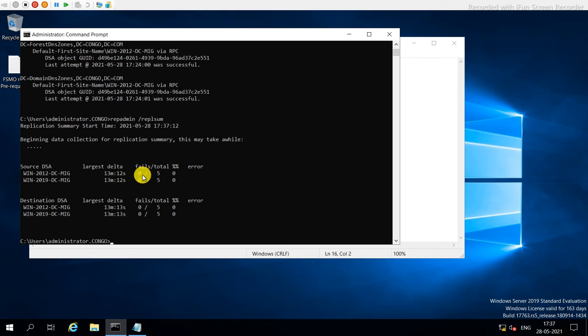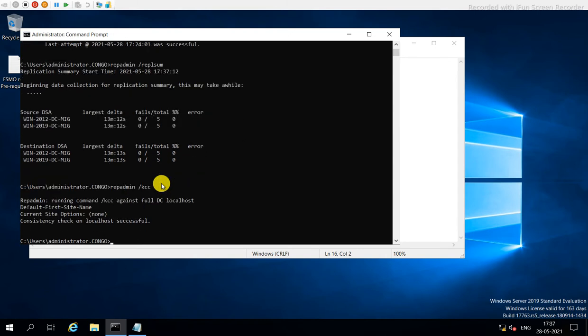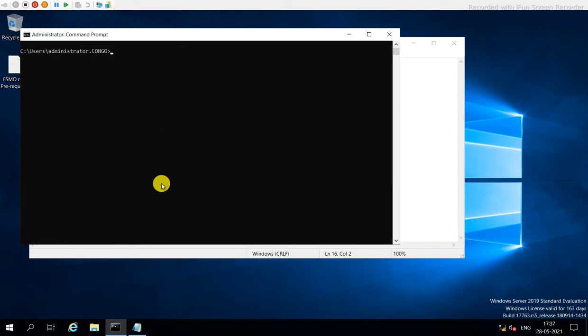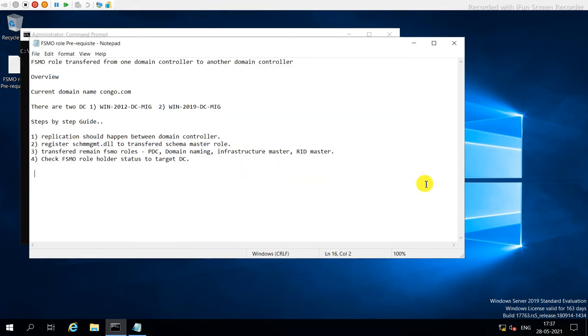There is no failure notification from source to destination. Got it, that means it is working perfectly. We will also check whether replication is happening through the KCC consistency check. There is no issue with the consistency check.